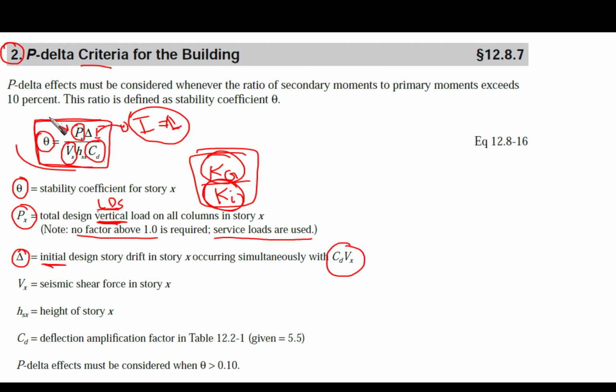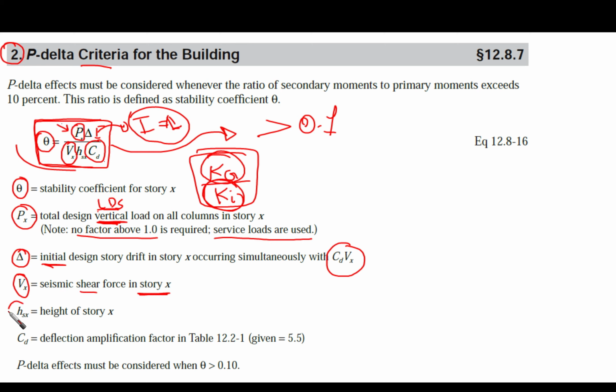Okay, now we are checking it, because if this value of theta is larger than 10% or 0.1, this means that we need to consider the P delta effect. But if it is smaller than 0.1, then the P delta effect would be negligible and insignificant, and there is no need to take it into consideration. Okay, and the next one is Vx, which is the seismic shear force in story x,